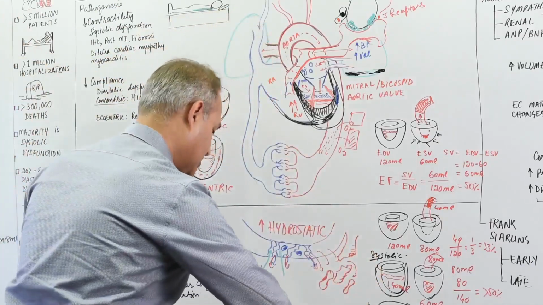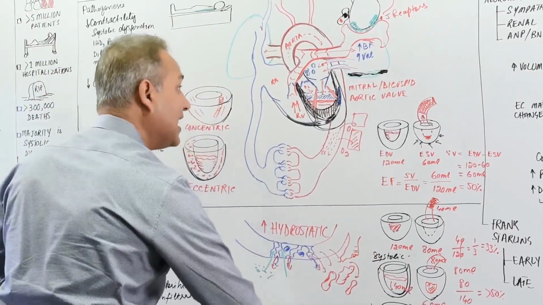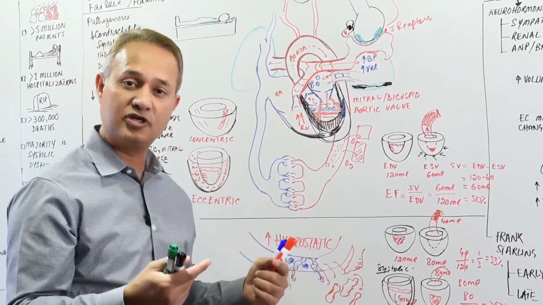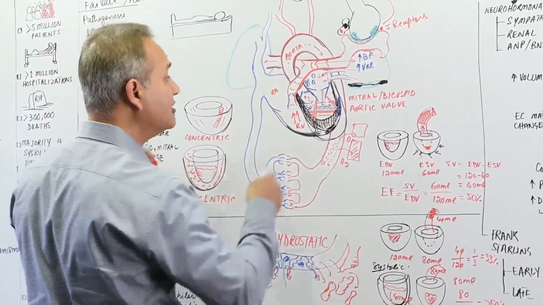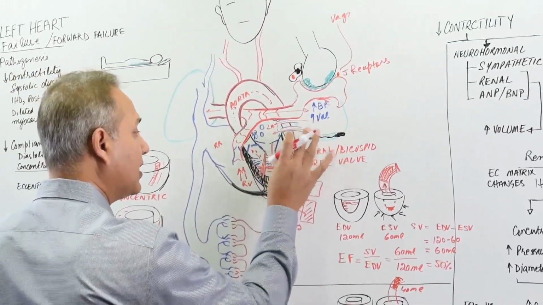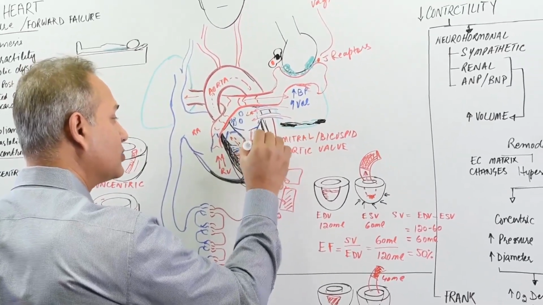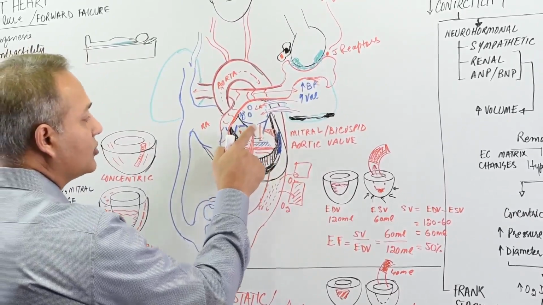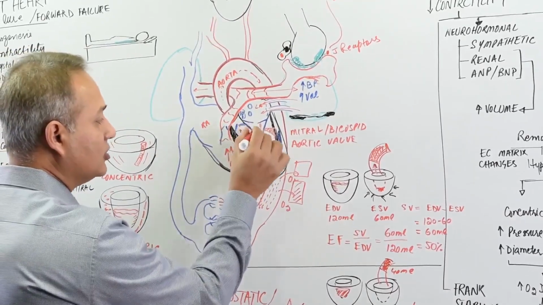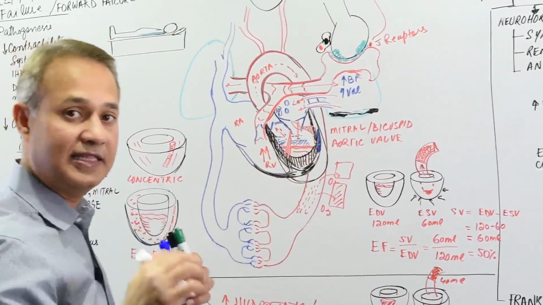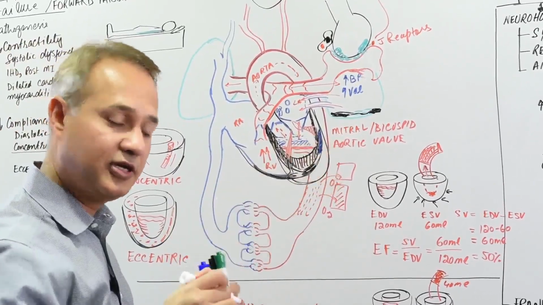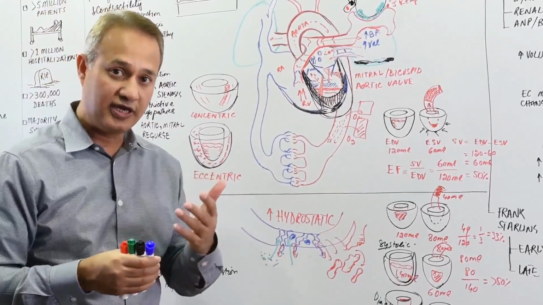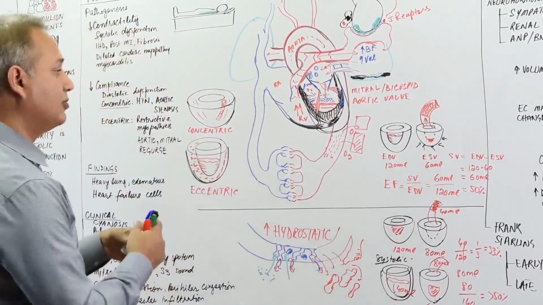So mitral regurg can actually be a consequence of left ventricular failure because of displacement of the papillary muscle. So let's say this muscle has become displaced there now. It is going to stop this valve here, while the other one is going to let the valve go up to this level, and so you will have a gap between them. That gap would allow the blood to go back to the atria. That would cause, number one, mitral regurg, so you'll hear a murmur. Secondly, look, because of this